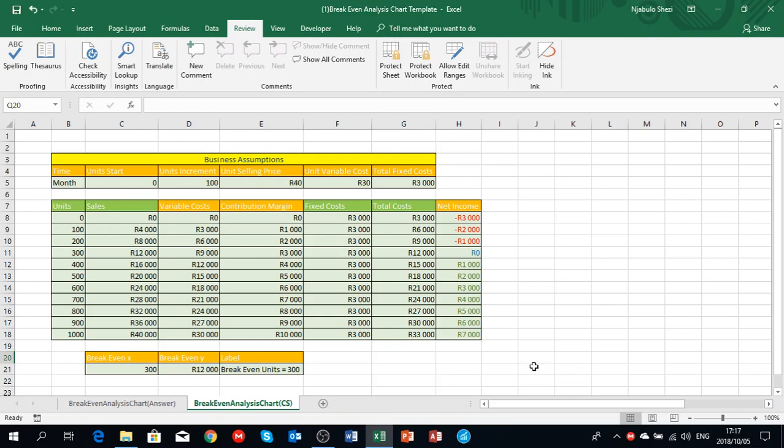Anyway, guys, let's begin with our graph work. So we now need to insert a graph. What we'll need to do is highlight this column, as well as this column, as well as this column, and then lastly the total cost column. These are all the columns that we will need for our graph. And then we go to insert,